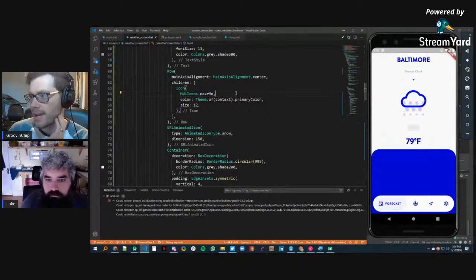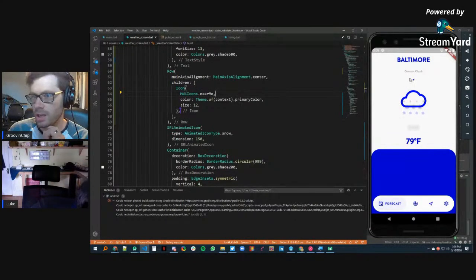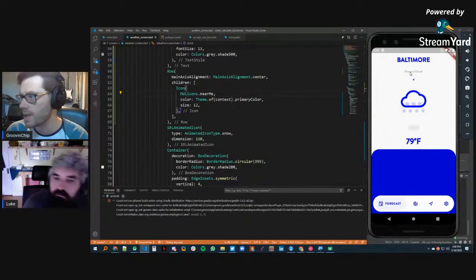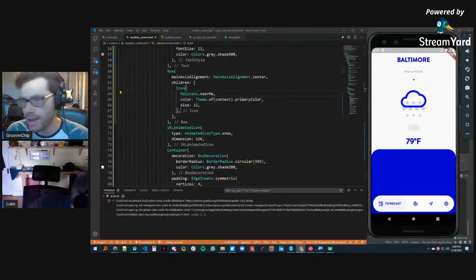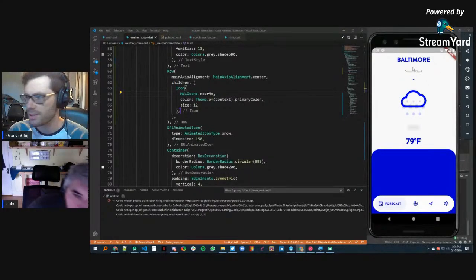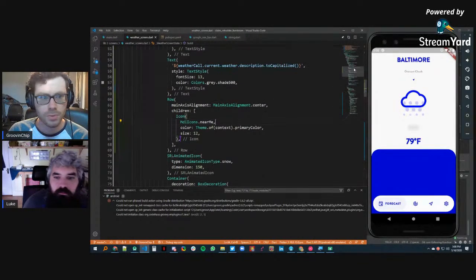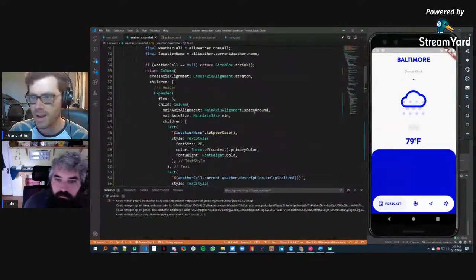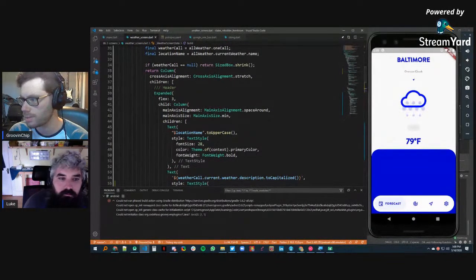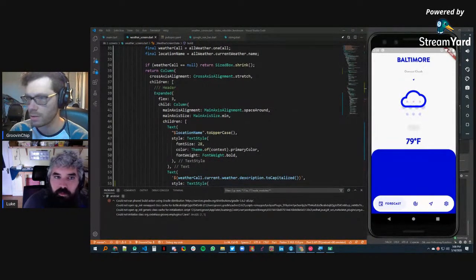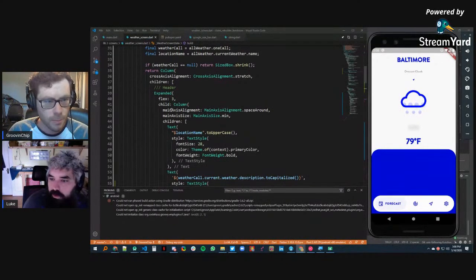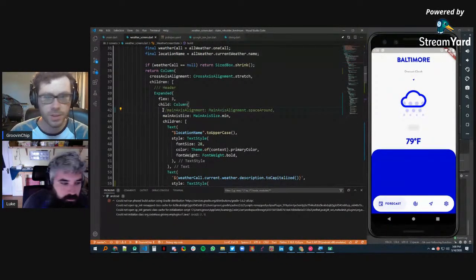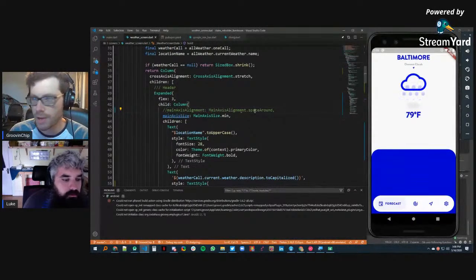But the spec has where it says overcast clouds and the little icon much closer to the city name. So right now I have space around. What we could probably do is get rid of that, have them all next to each other, and then have a spacer at the bottom or something. Hang on a second. I'm going to clean up my screen. Just get rid of the main axis alignment. Right. So see,